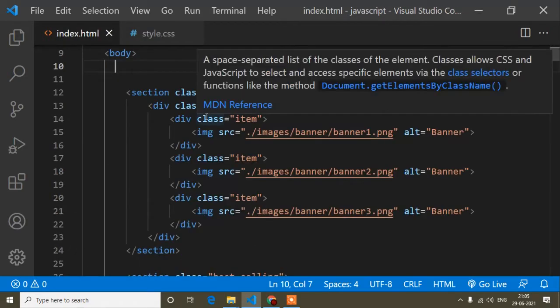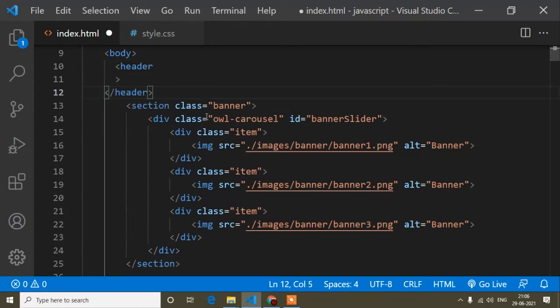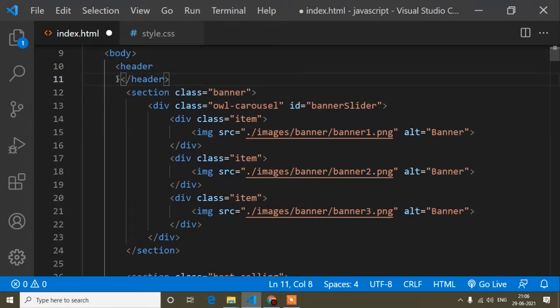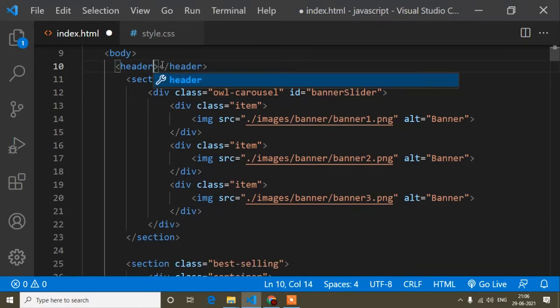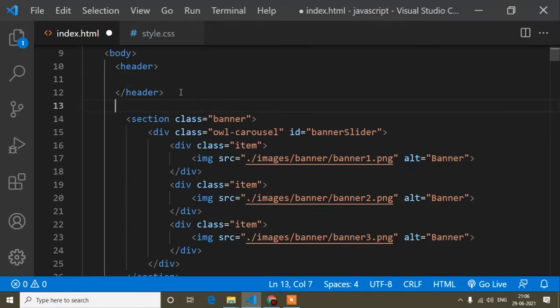First of all, I will write a tag called header. You can write section or div also, but HTML5 provides us a header tag. Just before the section, we call it header, and at the end of the section we call it footer.